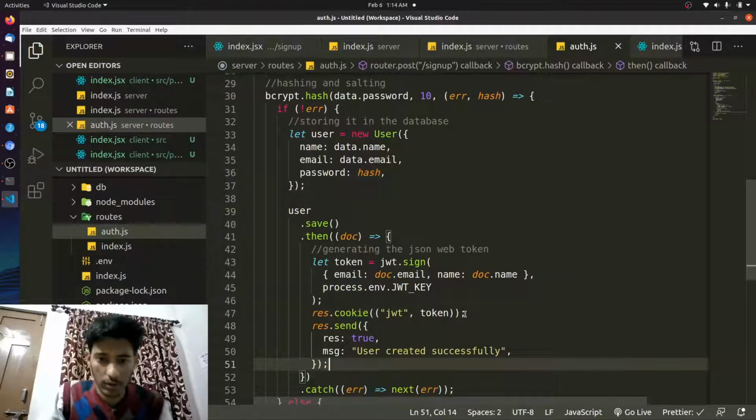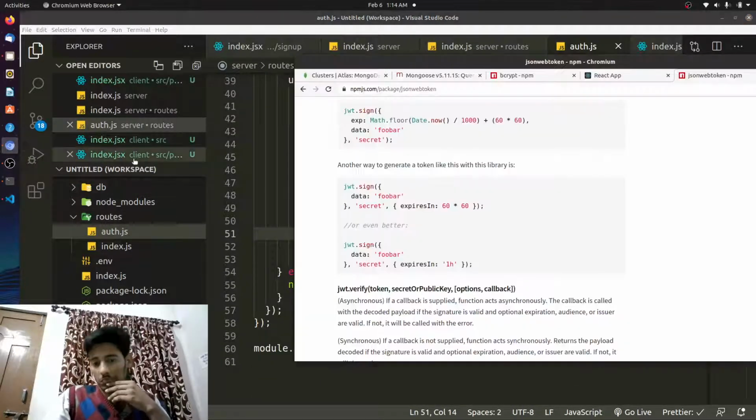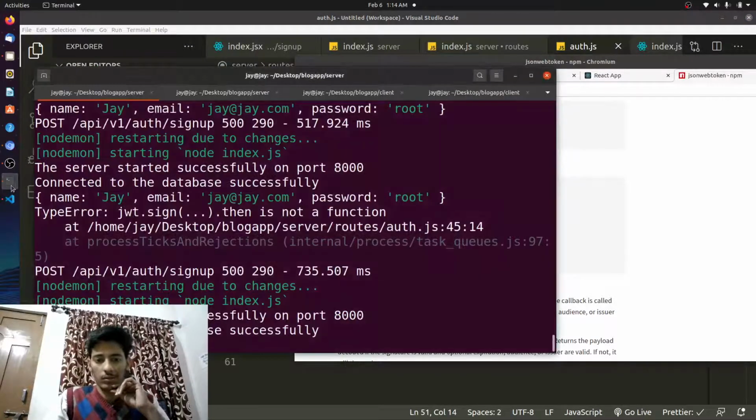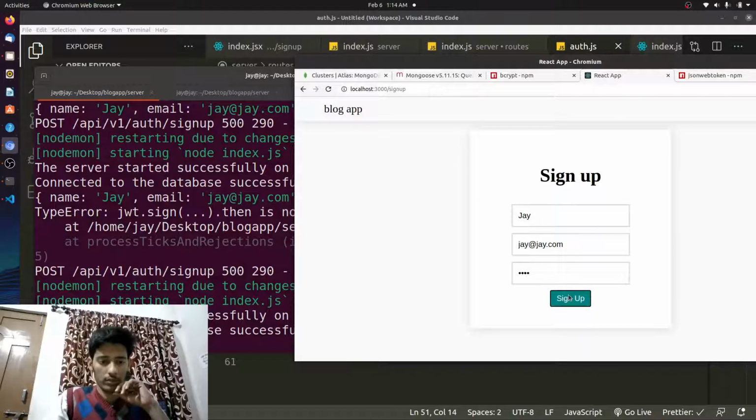Save this up, pray for the best this time. I don't know, it should work, like everything is correct. So let's go and try this. If I just go and submit this now,